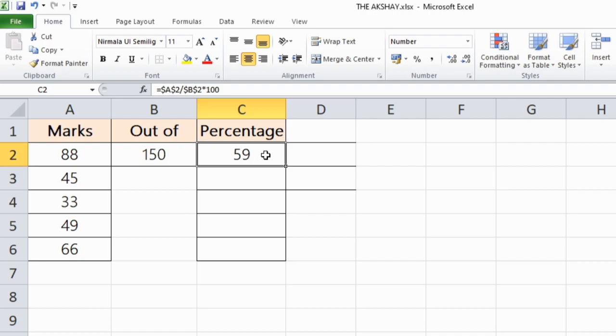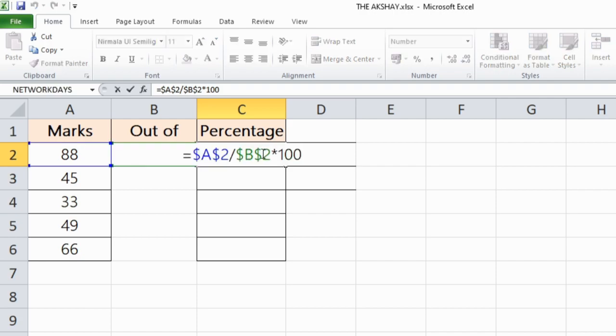Let's change this formula. First, let me tell you that dollar sign before the column and row means both are fixed. Here, as you can see, $A, $2. So that means $A column is fixed. Dollar sign fixes the columns.